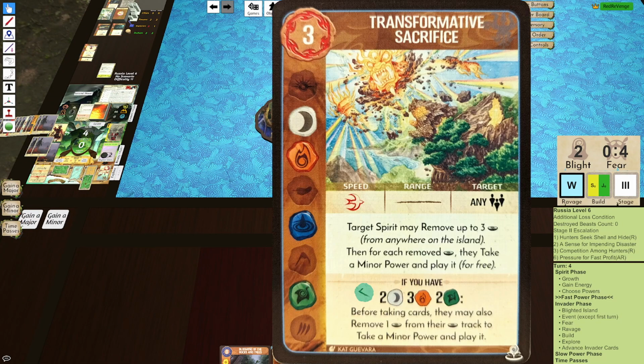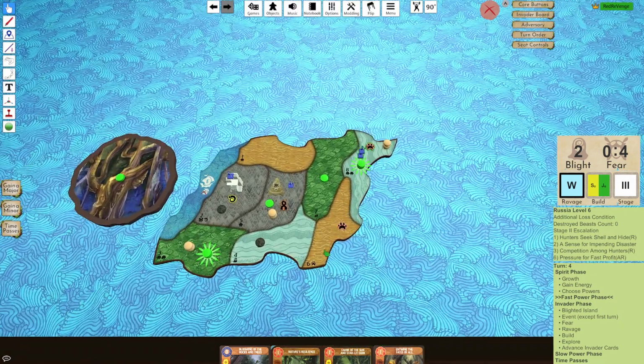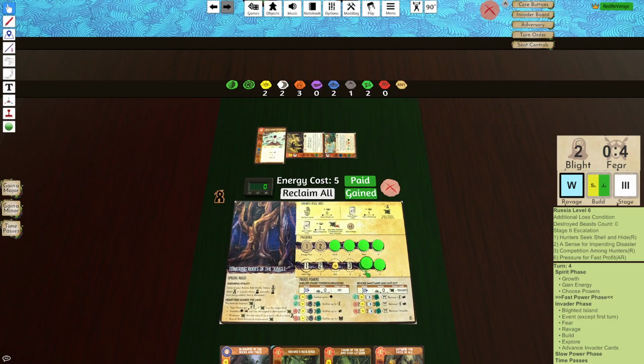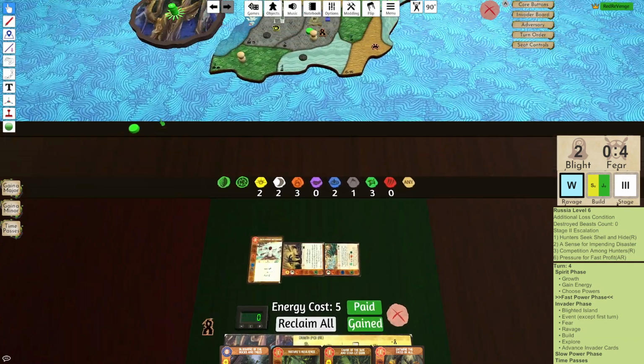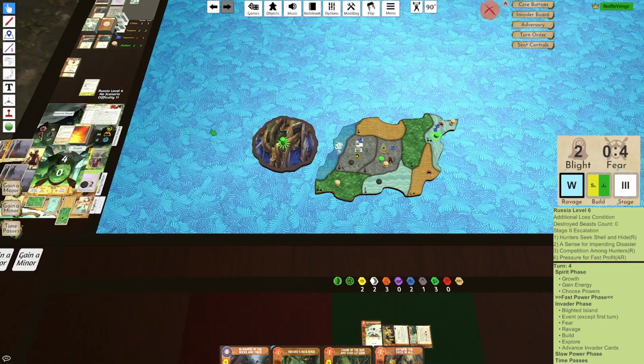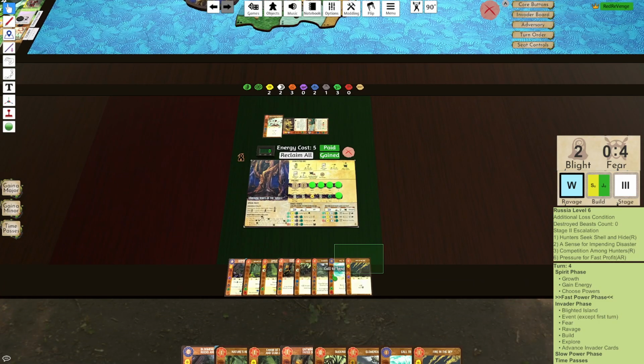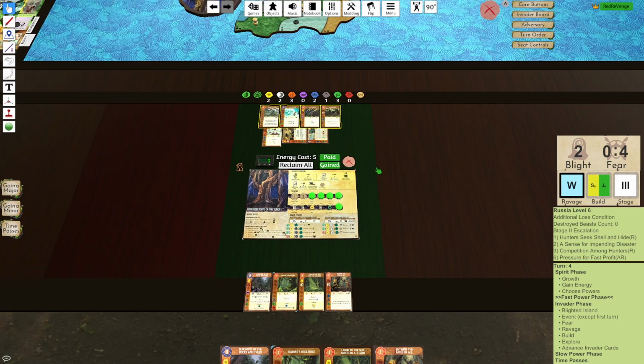We're gonna use Transformative. And we'll remove, remove, remove. So removed 3 presence and also 1 from our tracks. And now I'm gonna get 4 minors. Come on, give me a defend. I've already drafted all of the defense. There's no way I find another one. Well,